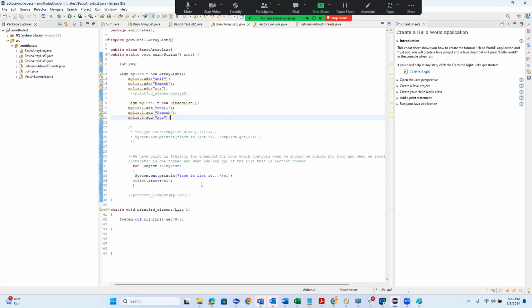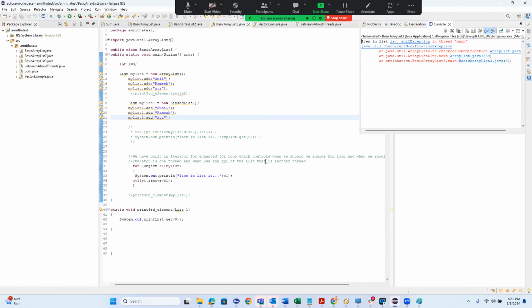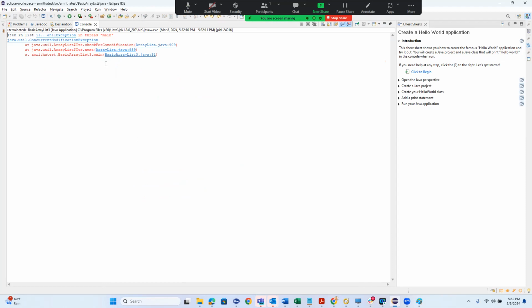If you run this program, just to recollect that, you see this, I got concurrent modification exception. Now, when you say I got a concurrent modification exception, that means something was getting modified simultaneously. What exactly does that mean? A resource which is there,